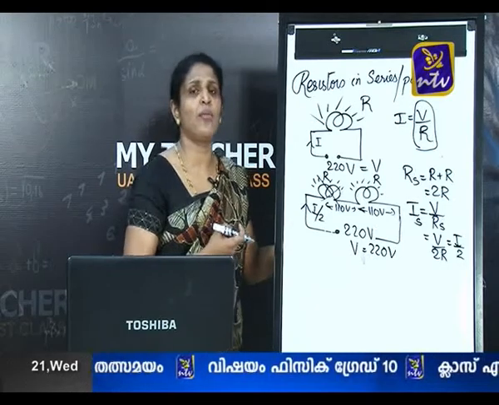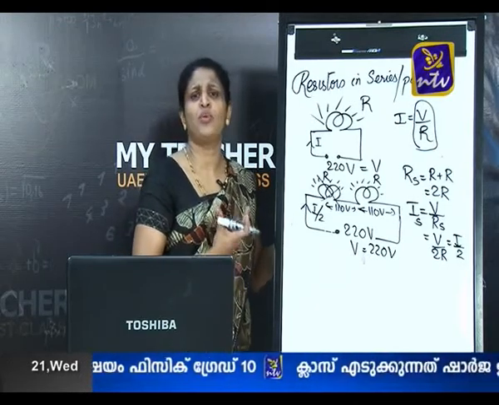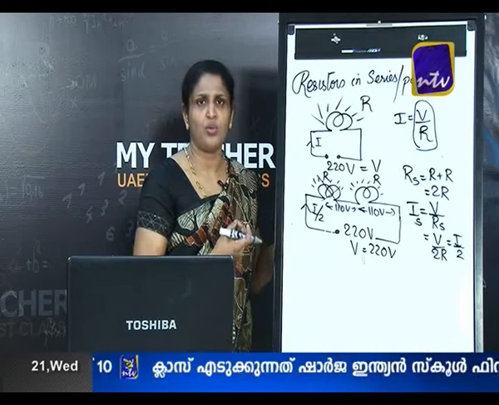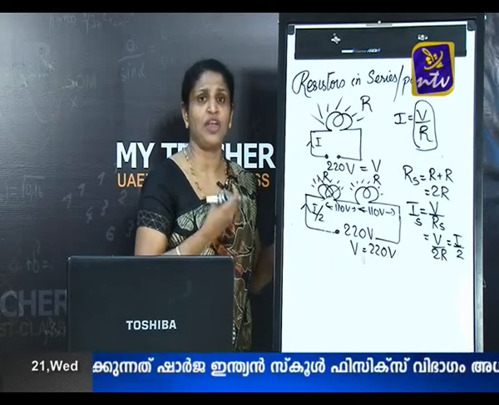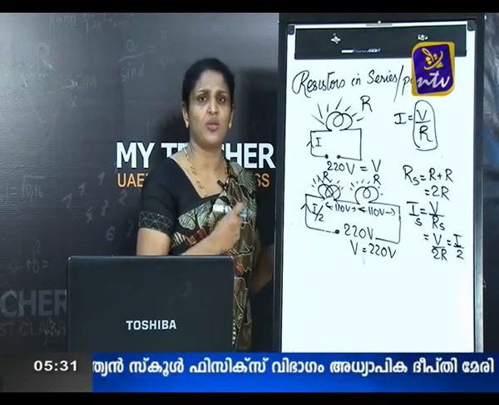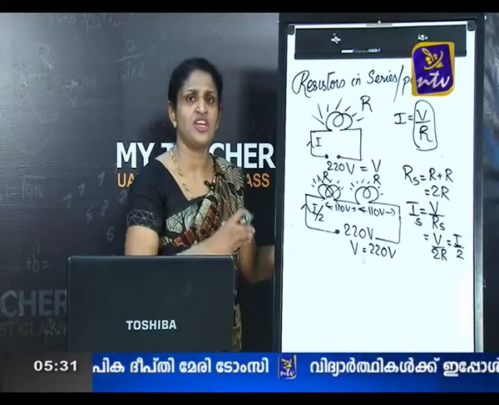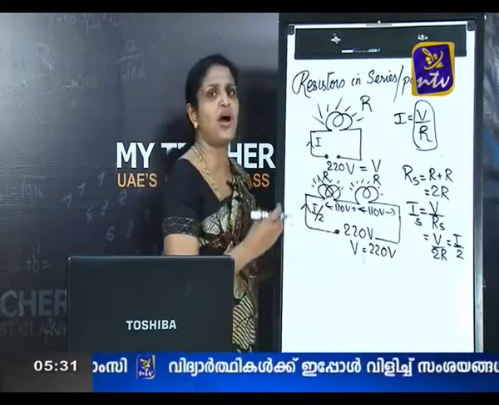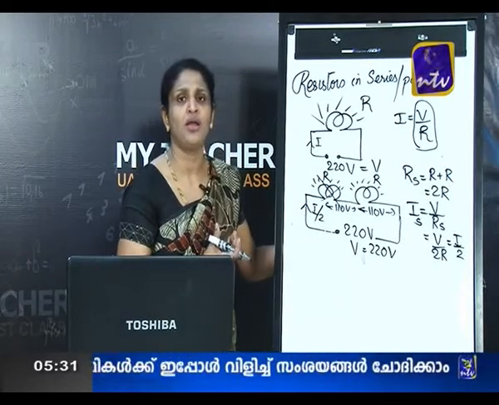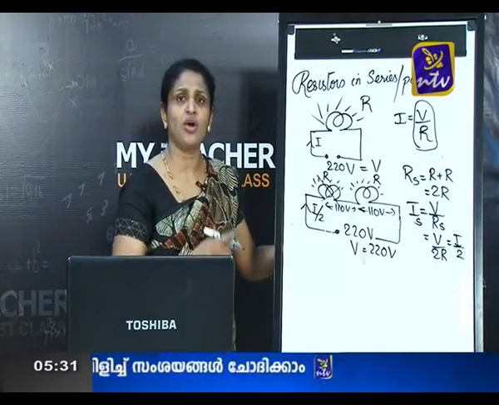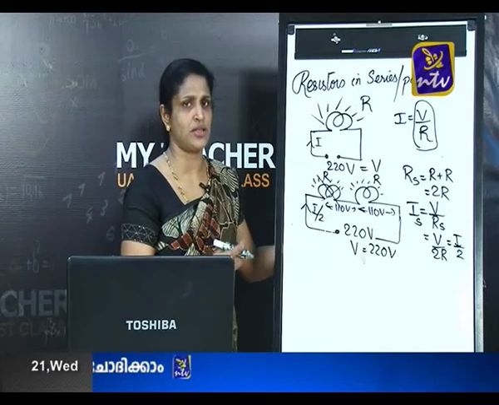And the second drawback is that they are not able to work to their full capacity. How can they work to their full capacity? They should get the required voltage. But they are not getting the required voltage. The voltage each bulb is getting is reduced to half of the value they require. So naturally, they cannot work to their full capacity.